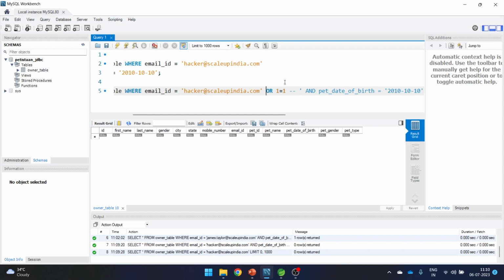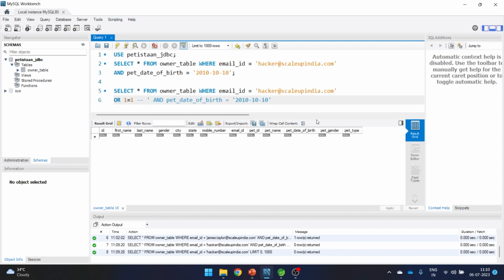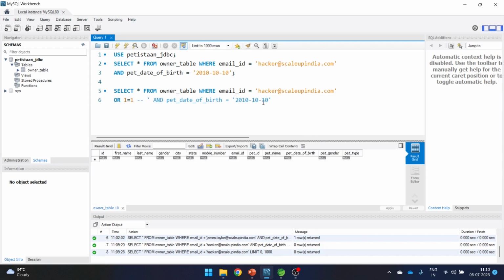So the hacker says here or, and let me break it in two parts, something like this. There is a difference between these two queries. The difference is that the hacker gives this particular thing, a single inverted comma at the end, because of which whatever your string email ID was started, it is ended, and then the hacker is saying or 1 equals to 1.